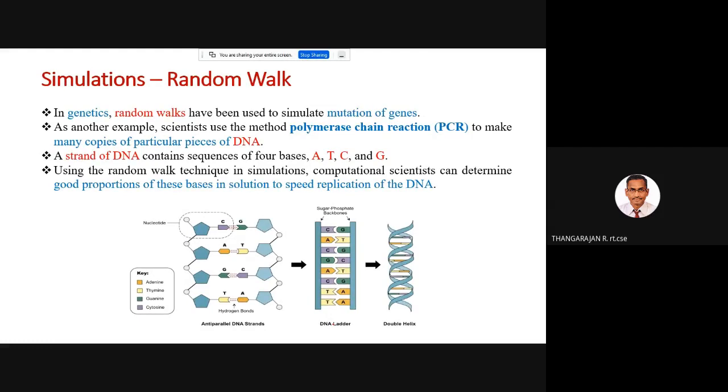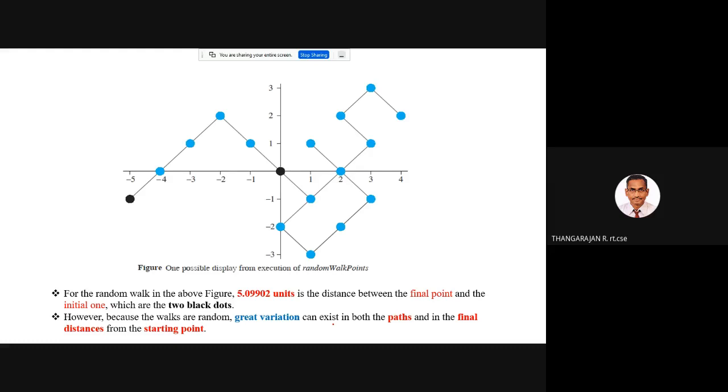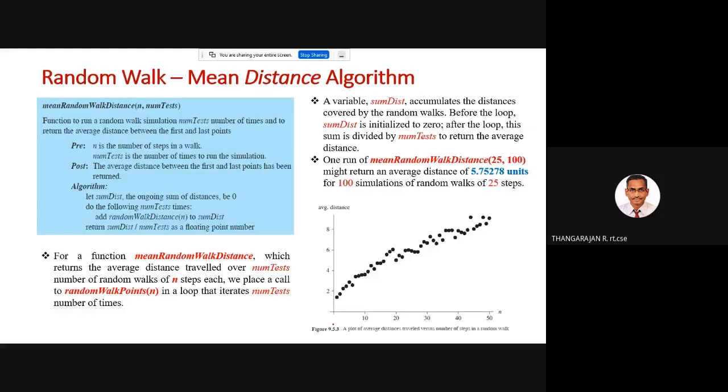Okay, so this is what you actually have to keep in mind. This is just an algorithm. What we generally do is never conduct an experiment by conducting a random experiment just once. You have to conduct the random experiment n number of times, and for those n number of times, you have to take the average. That's what we generally do, and each average is what is plotted here.